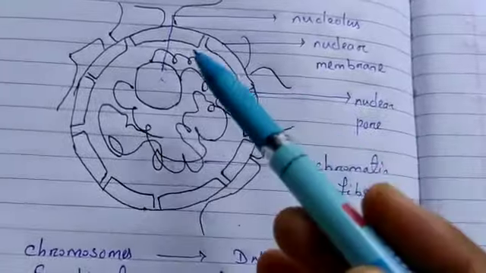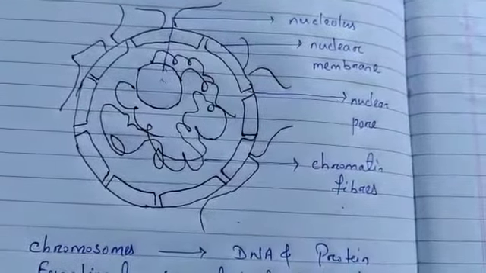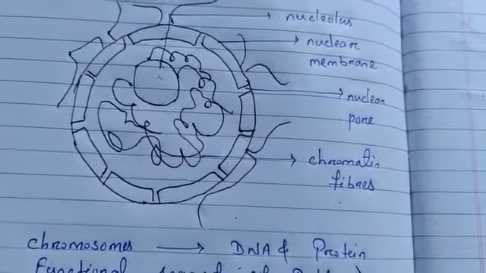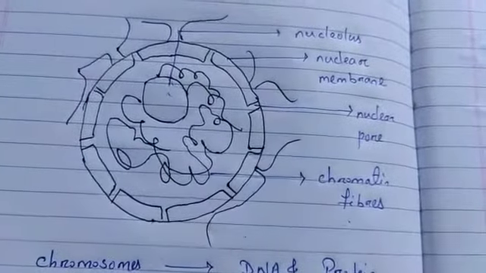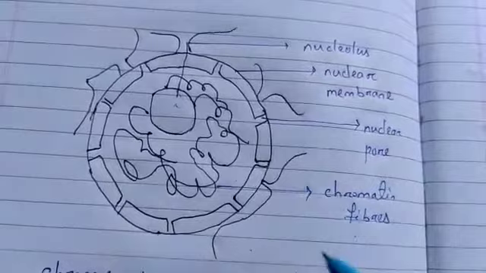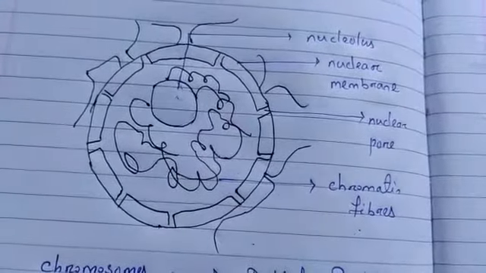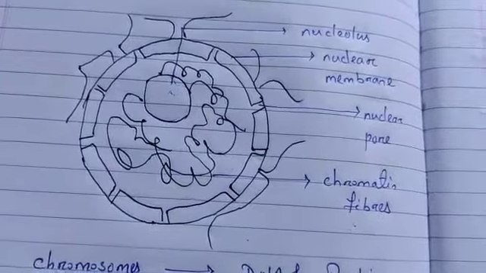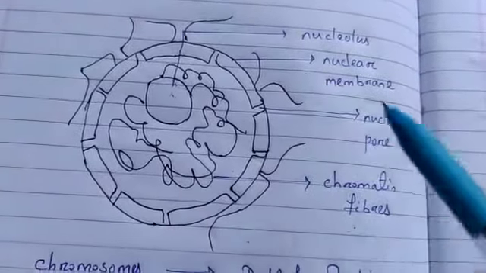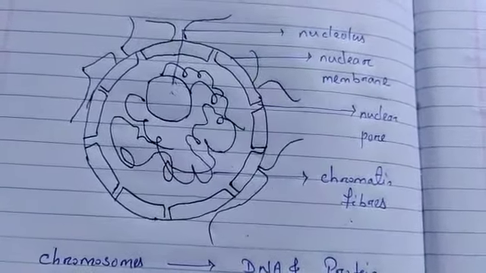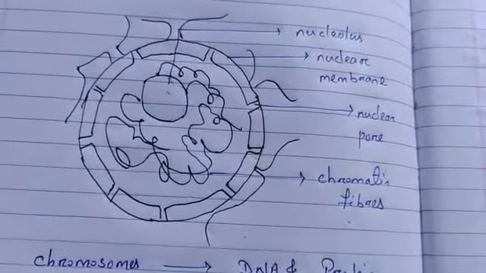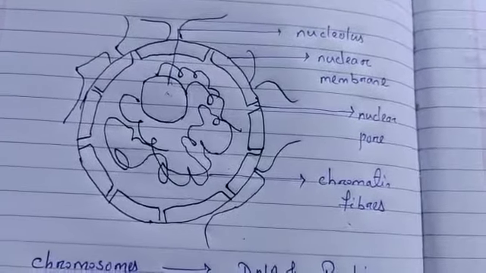So depending on the nuclear membrane, some have a nuclear region that is very poorly defined due to the absence of a nuclear membrane, and some have a nuclear region that is very well developed because of the presence of a nuclear membrane and other cell organelles. On the basis of this, organisms are classified into two types, that is prokaryotes and eukaryotes.